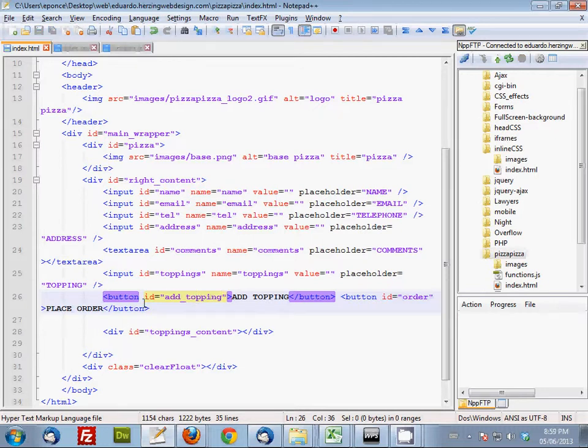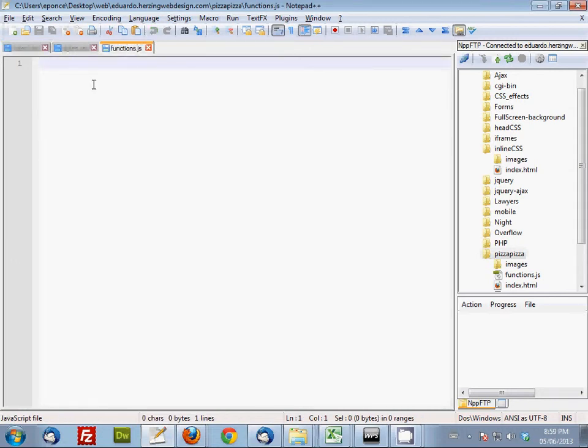Okay? So, on document ready, on click to add topping, which is an ID,